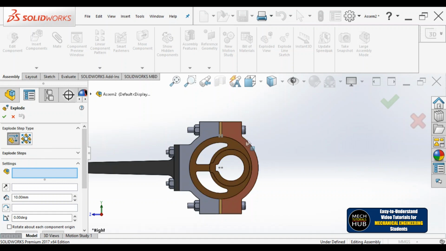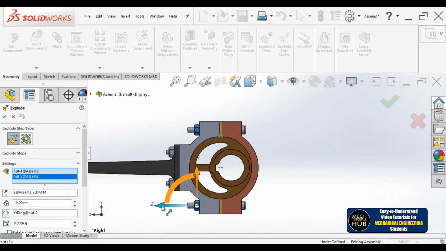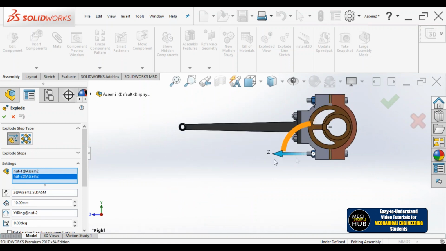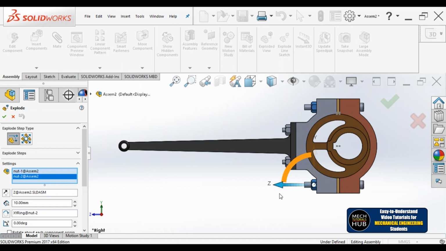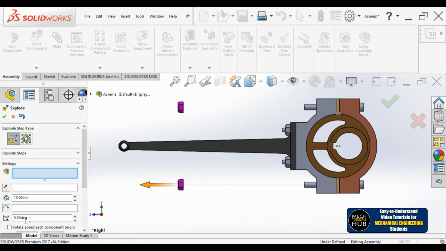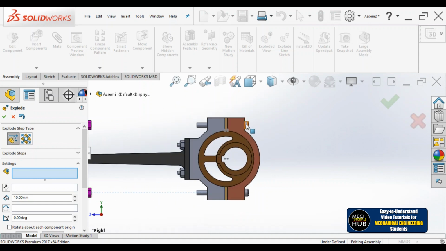I use the regular step first, because if I want to disassemble the complete assembly, initially we need to take these two studs off. To remove these two studs, we need to unfasten two nuts. For that, I'll select regular step. This is number one, this is number two, one after the other selection, and I'm going to select Z as the direction in which I move these two nuts. No need to hold the control key, you can directly click both one after the other and drag them out slowly up to a certain distance, or else you can give the distance you want to move those two nuts.